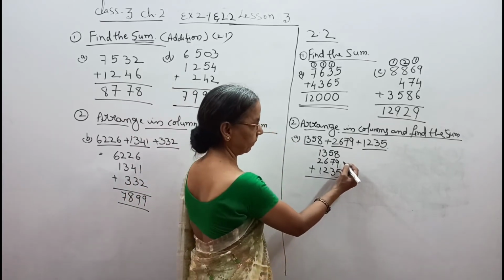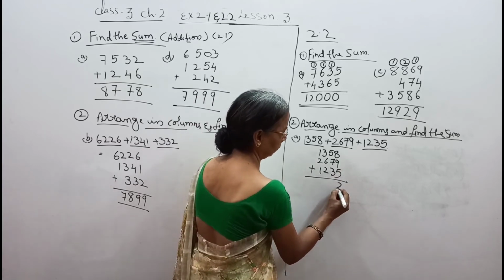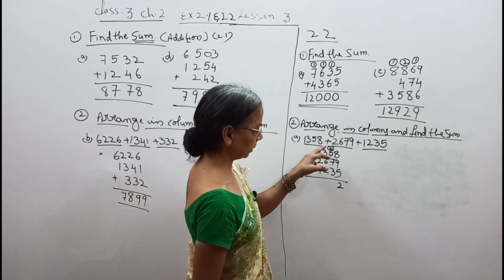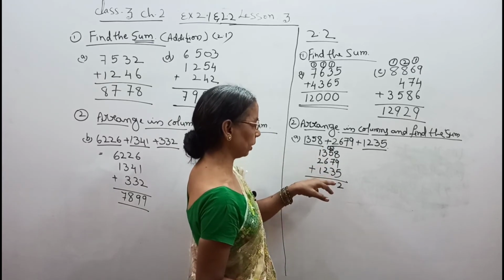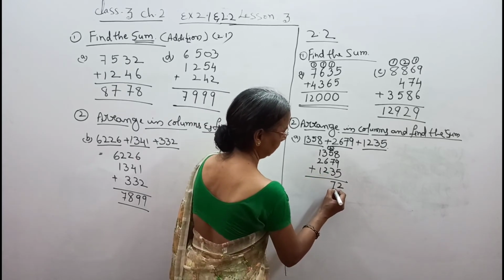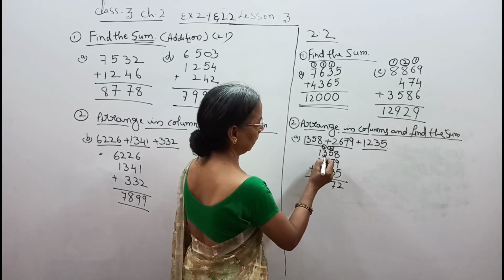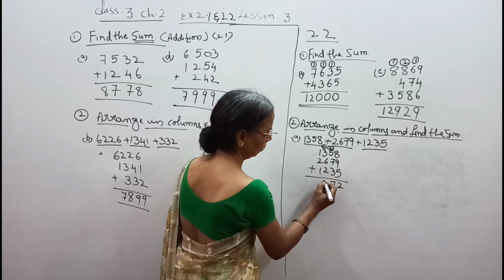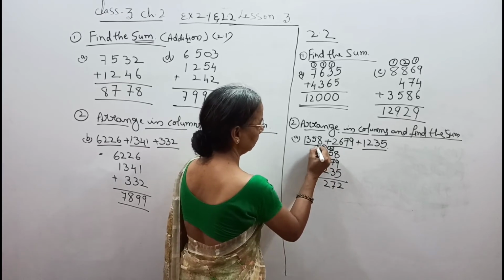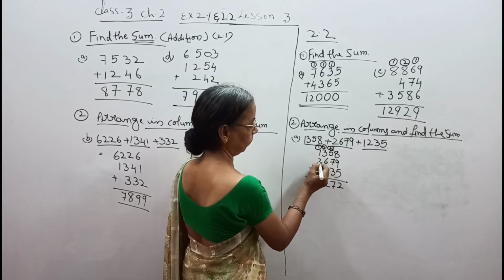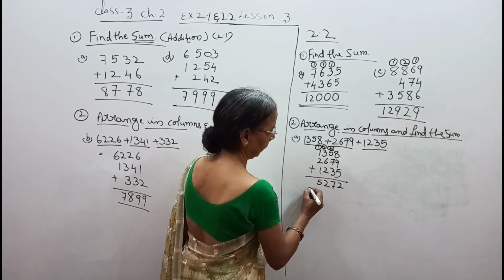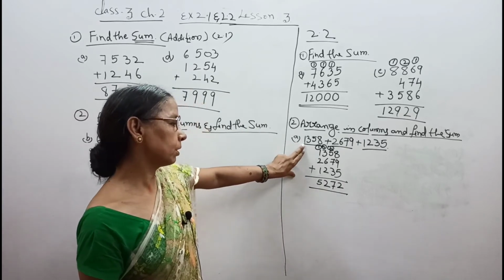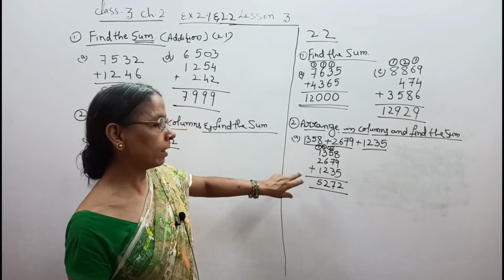8 plus 9, it is 17. 17 plus 5, 22. Here it is 2, that is carried. 5 plus 2, it is 7. 7 plus 4, 7, it is 14. 14 plus 3, 17. Again 1, 3 plus 4, 3 plus 1 it is 4, 4 plus 6 10, 10 plus 2 12, again 1, 1 plus 1 2, 2 plus 2 4, 4 plus 1 5. Like this we first write it in the columns and then add the given numbers.